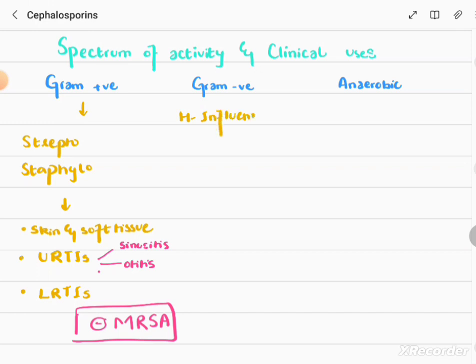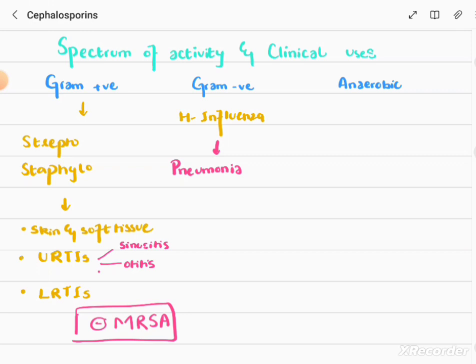Now, Haemophilus influenzae is notorious for causing lower respiratory tract infections or pneumonia. So we use second generation cephalosporins in the treatment of pneumonia as well, but we must check the susceptibility pattern of H. influenzae in order to avoid resistance,